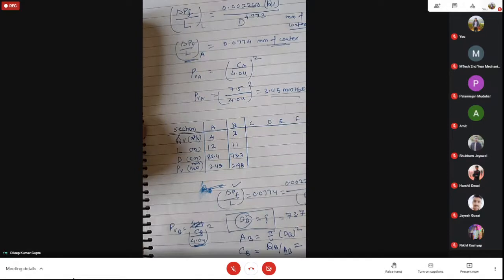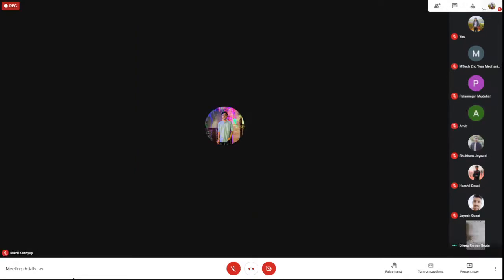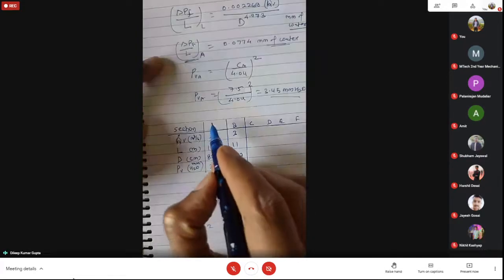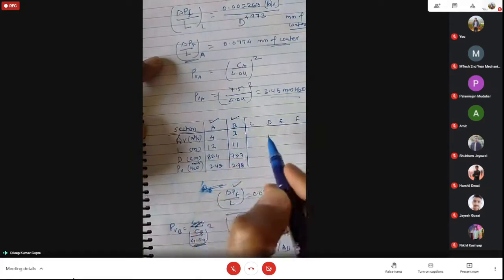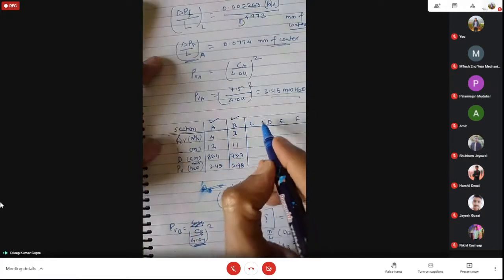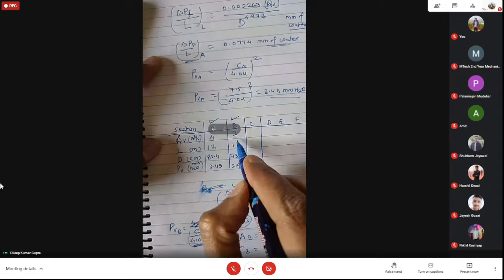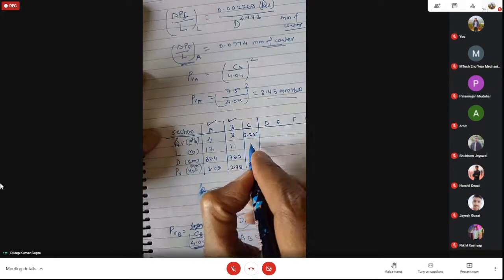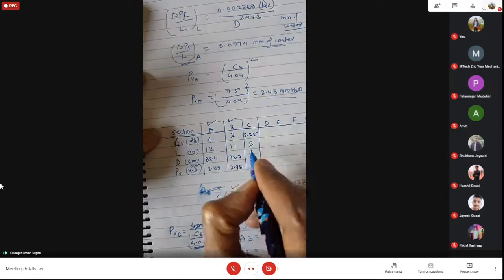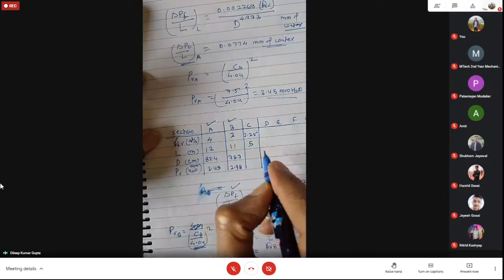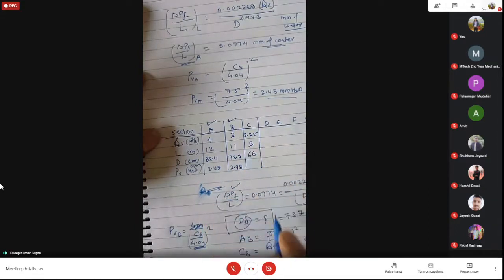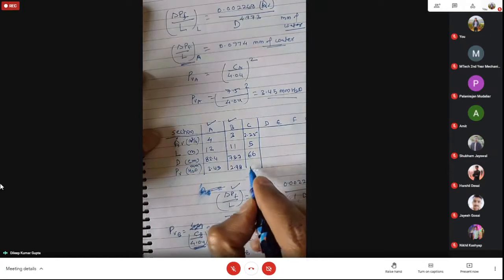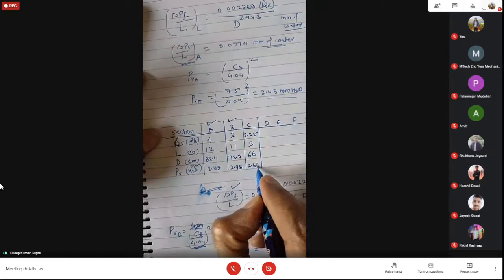So finding this, we now have the size of section A and section B. Now we go for the third one. In a similar manner to B, we'll do the same analysis and we'll find 2.25 here. This is 5 meter, as we have seen. This is 66, which we get by calculation. Then we'll get 2.65 here by calculation.